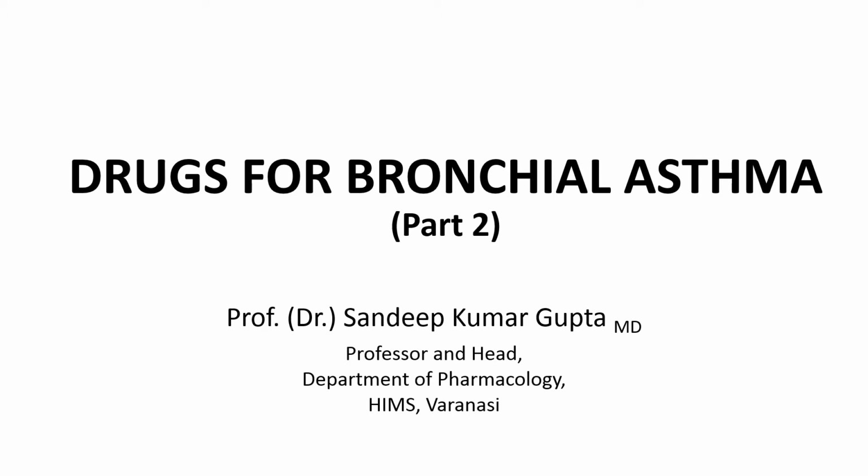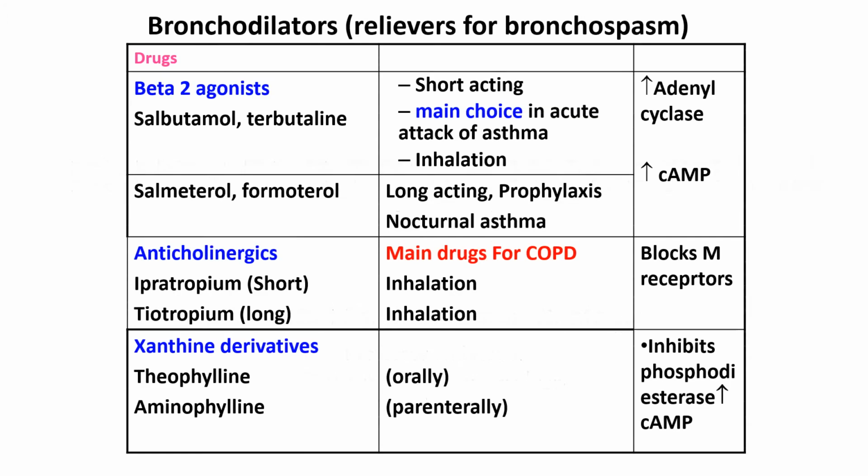In this class, our discussion will start with the other class of bronchodilator, that is anticholinergics, and we will discuss Ipratropium Bromide, Tiotropium Bromide, and why atropine. Atropine also is an antimuscarinic or anticholinergic drug, but why atropine is not so much preferred in the treatment of bronchial asthma, and why we prefer Ipratropium Bromide or Tiotropium Bromide